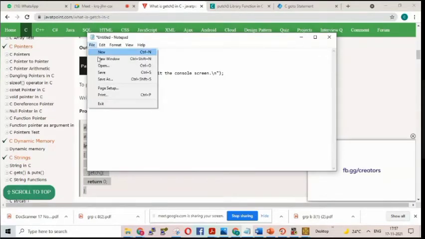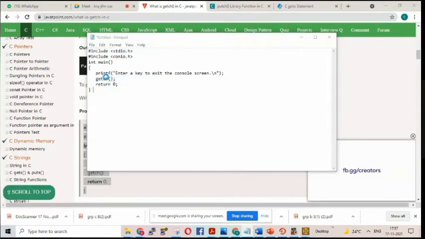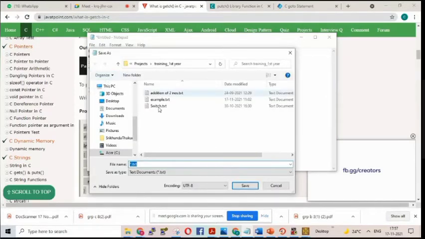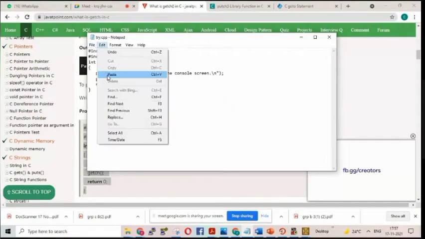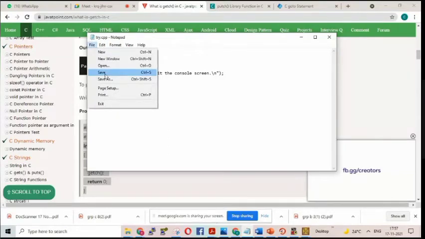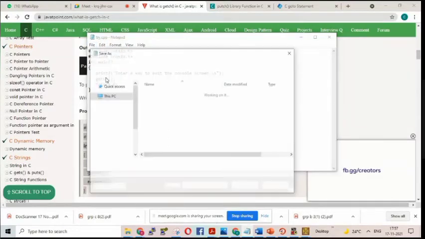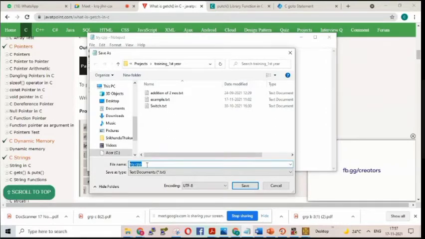Then we will save it in 2 names. One name is something like try.cpp, and we will be saving the same program as try.txt.